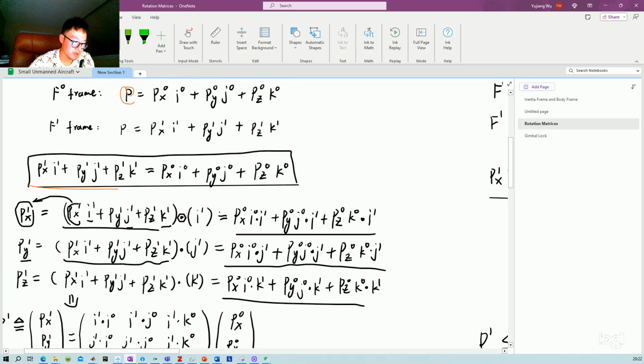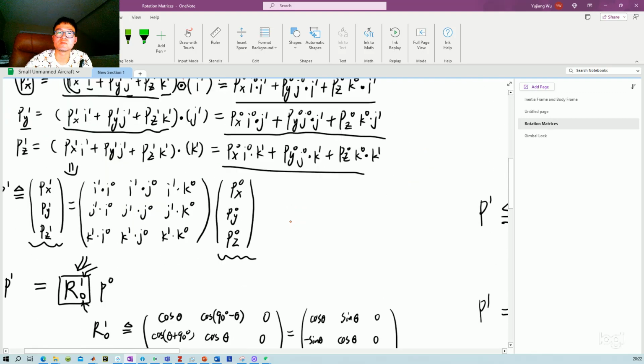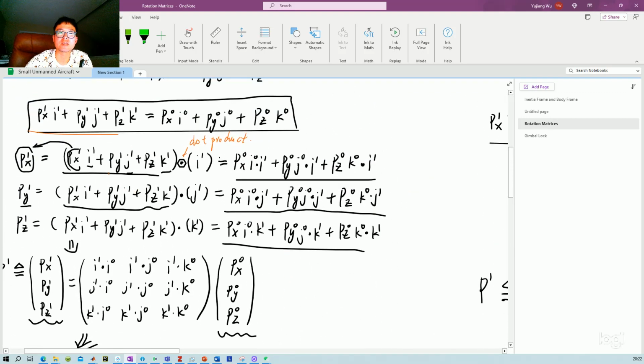And then we use a mathematical trick called dot product. Dot product has a property that we can use: if we have two vectors and we dot product them together, it is the magnitude product multiplied by the cosine of the angle between the two. When this angle is perpendicular, 90 degrees, this will be 0. So that's why when I dot product